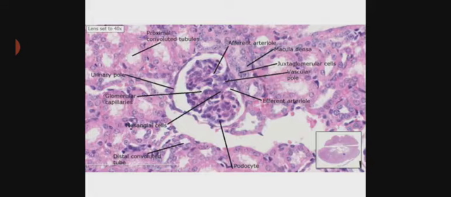And this is the cortex part, which you can easily identify because it consists of the projection called the renal corpuscle, wherein you can see the afferent arteriole and the efferent arteriole, the network of capillaries called the glomerulus, and the outer covering called Bowman's capsule. You will also be able to see the continuation of this Bowman's capsule called the proximal convoluted tubule, and specialized cells on the Bowman's capsule called podocytes.